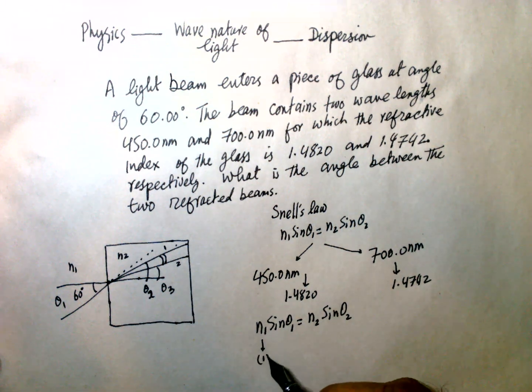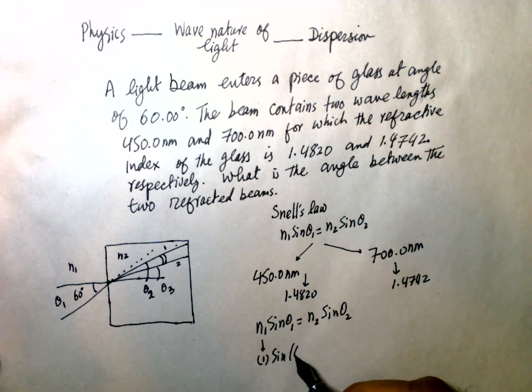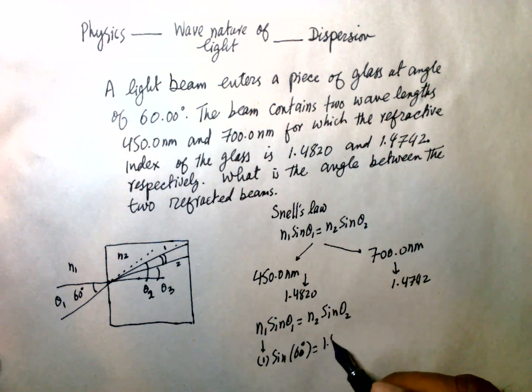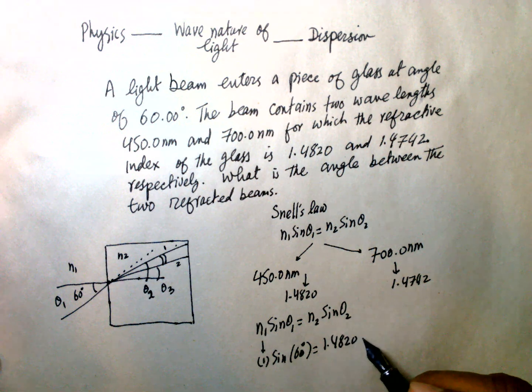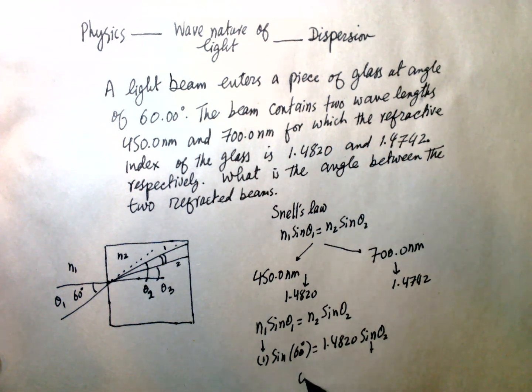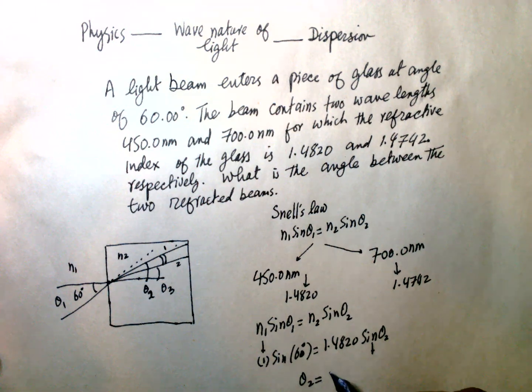N1 is 1 sine of 60 degrees. N2 is 1.4820, and sine theta 2 we have to find. Theta 2 is equal to 35.70,